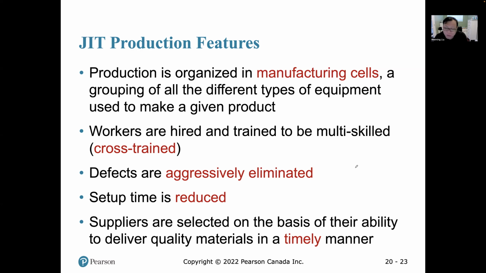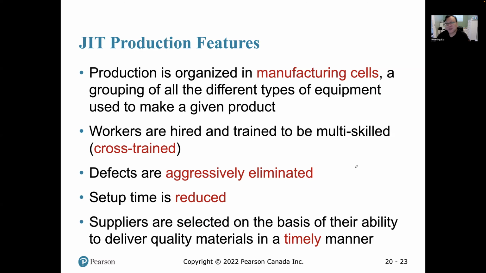So they want to make sure the product is good quality. When you ship the product, it will not be returned, right? Because think about it, if the product is returned, what are you going to do? You have to make another one. So setup time is reduced. Suppliers are selected on the basis of their ability to deliver quality materials in a timely manner,